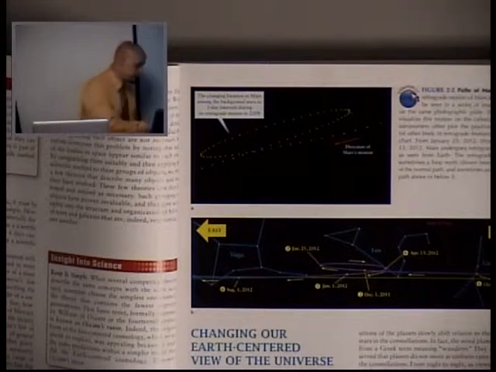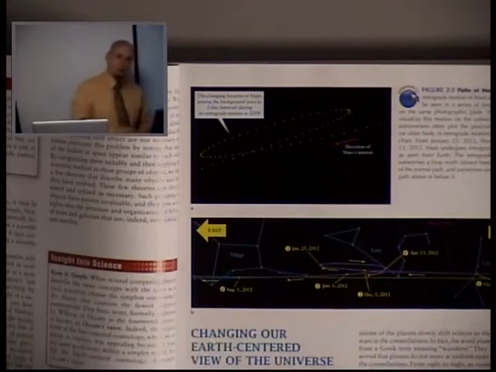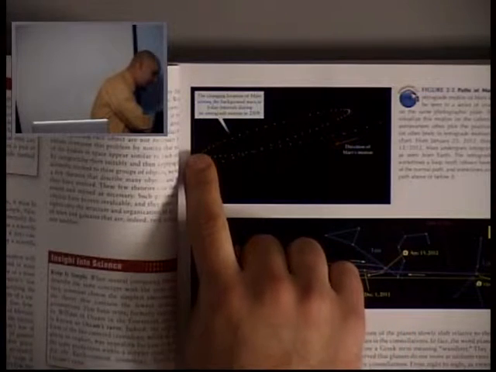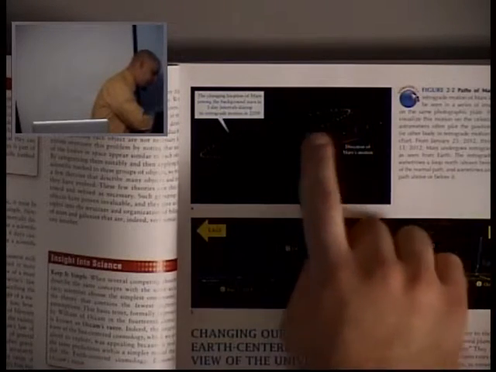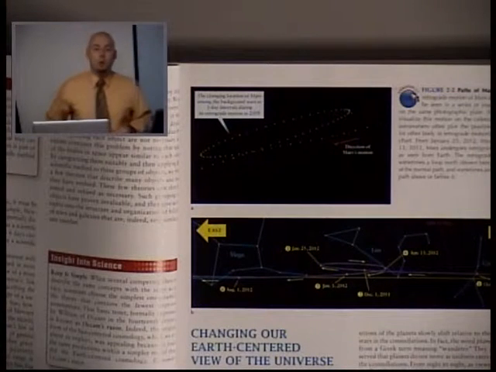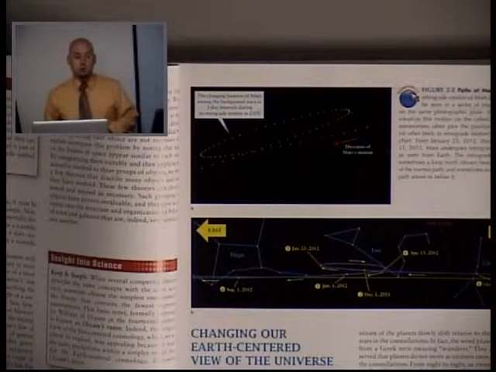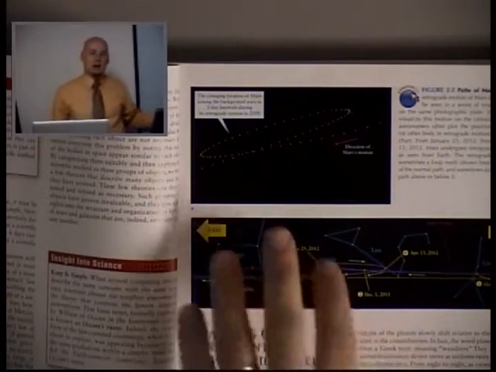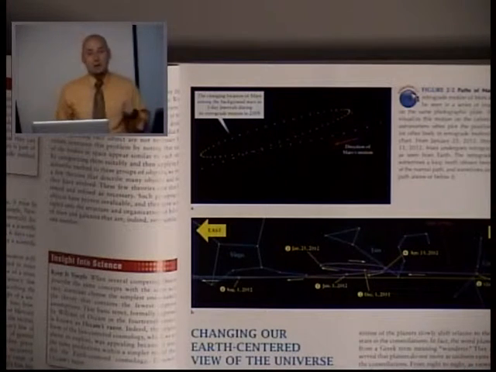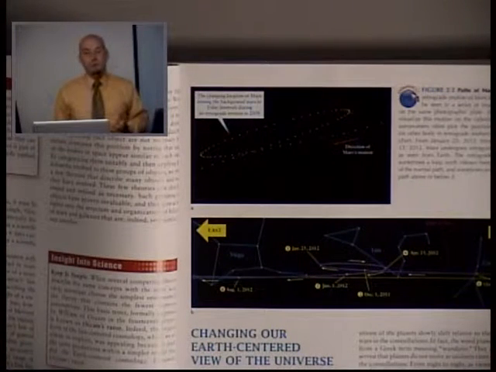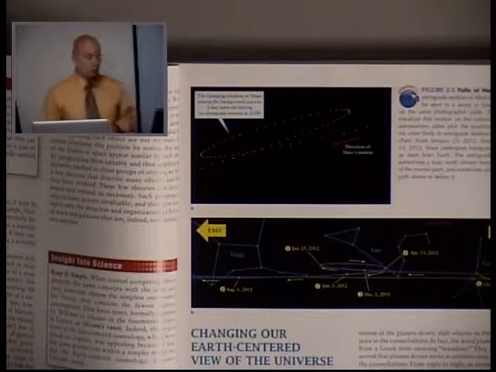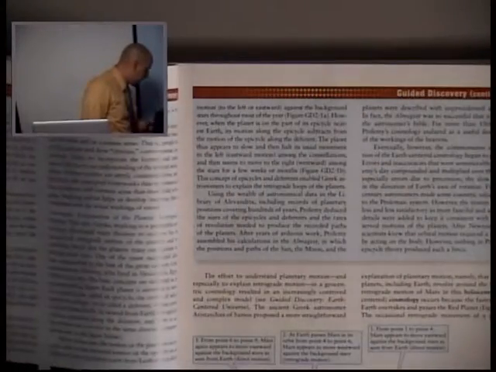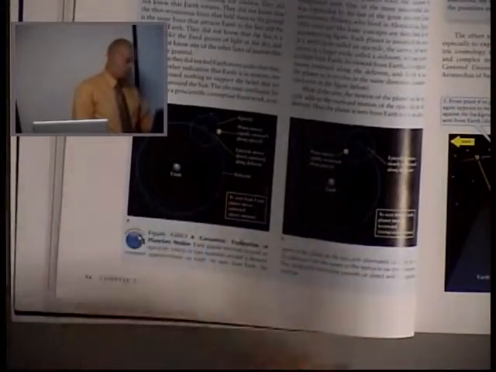But the problem was that this motion is not uniform. And in fact, what happens is that it goes one direction, it stops, and it goes back another direction, and then goes back again. This motion of moving backwards is what we call retrograde motion. And this one seemingly small problem in terms of the motion of the sky, believe it or not, would wind up being one of the major pieces that totally unraveled the idea of the geocentric universe. Because this was originally dealt with by using a thing called an epicycle, and they explain epicycles on the next page about how they worked.